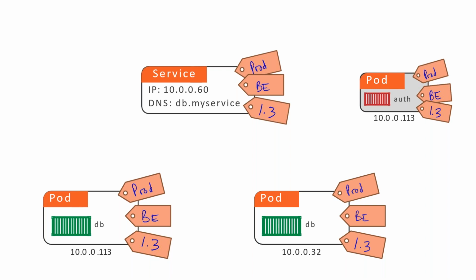In a cluster, you may have thousands of pods, and you may have multiple services also. So now the question is, which service will load balance which pod? Very simple. Which service will load balance which pod? The relationship is very simple. If the labels of the pod match the labels of the service, those pods will be load balanced by the service.